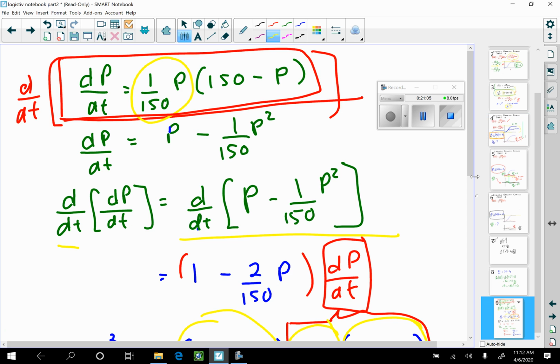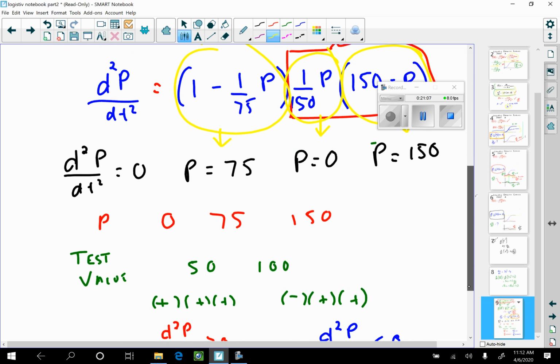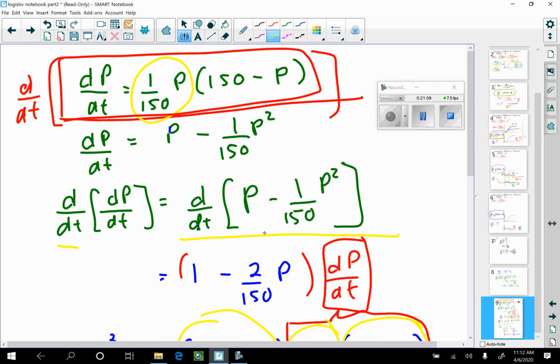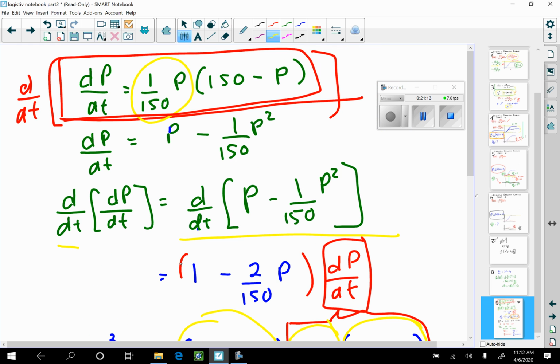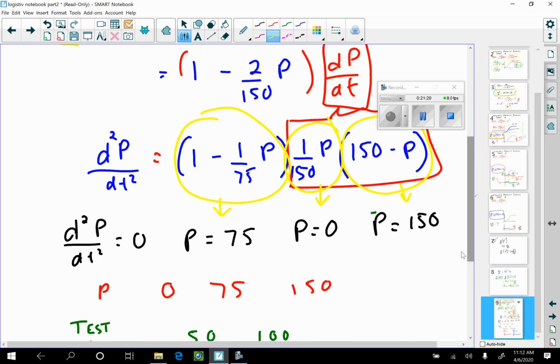And where does my second derivative then happen? If I want to go from 0 to 75, these are my test values. I'm going to keep in mind, I apologize for that, I got a new pen that's very, very, very touchy. If I only look at this interval right here from 0 to 75, if I put 50 into this,